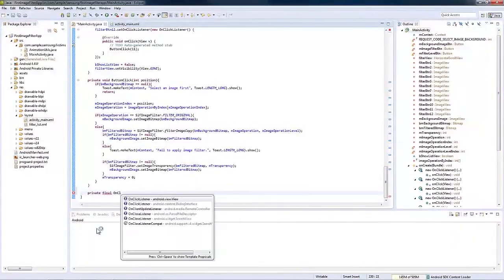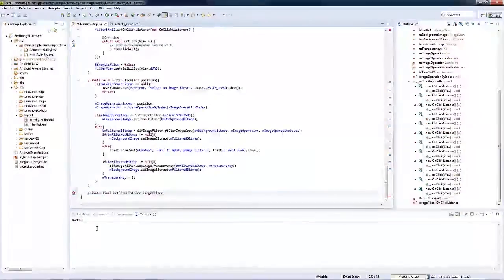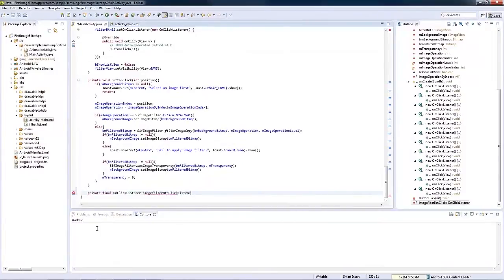Since we intend to use images in choosing the filter type, this is quite space consuming in the application itself. Let's try hiding and showing it every time the image filter button is pressed.